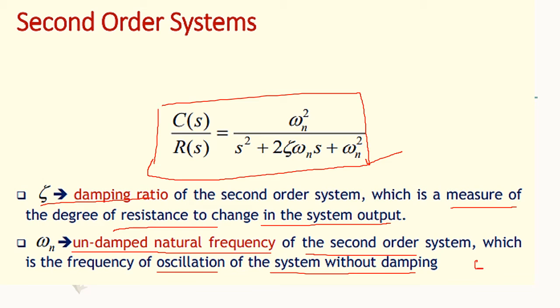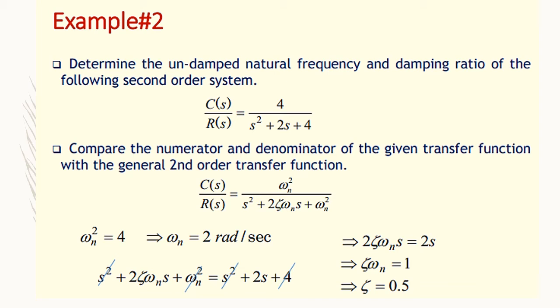That indicates that zeta is equal to 0. No damping means the zeta term is equal to 0. If zeta is equal to 0, the system will oscillate with maximum frequency as there is no opposition from the system. Hence the system oscillates freely and naturally under such condition. This condition where zeta is equal to 0 is called the natural frequency of oscillation and denoted by omega n rad per second. Now let us consider an example.